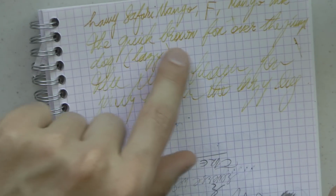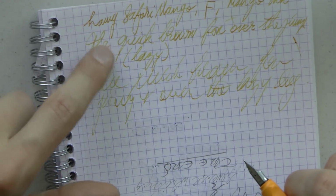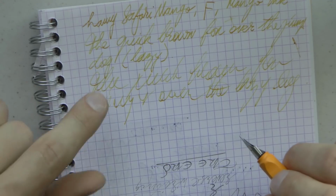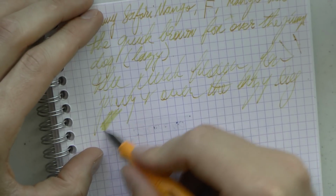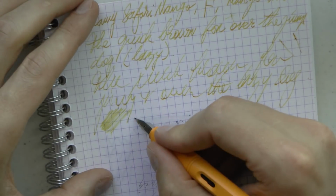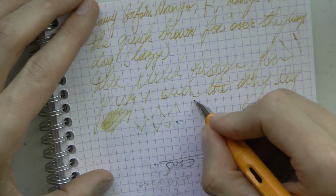For some brands this would be a medium nib for sure, and it's quite a light ink too, where a darker ink might look even more pronounced. But this is an incredibly scratchy nib. So again, I'll come back to that. Wetness, pretty bone dry. Line variation, not a